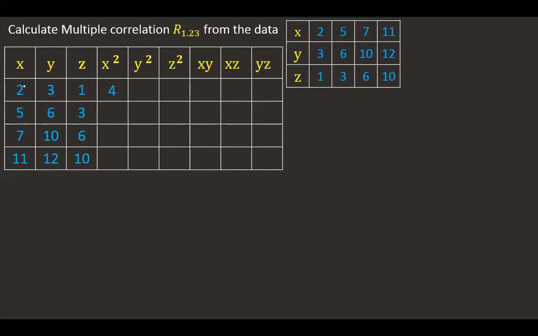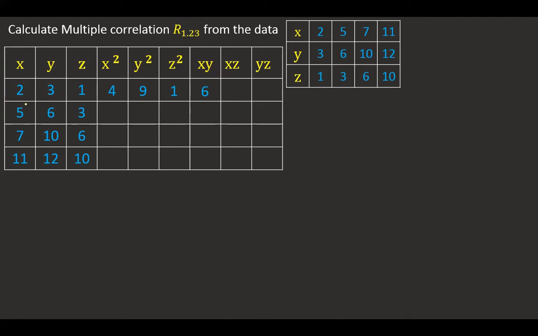Now X square is, so 2 square, so it is 4. Now what is Y square? 3 square is 9. Then what is this one? So Z square. It's finished. Now X and Y. What is X here? 2. What is Y here? 3. So now I'm going to multiply that. First row alone, I'm doing it. Now we can see 2 into 3, that will be given as 6. That is written here. Okay.